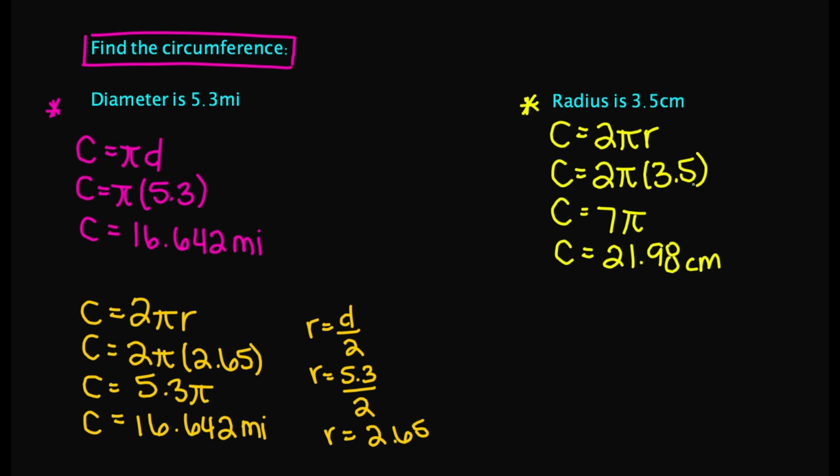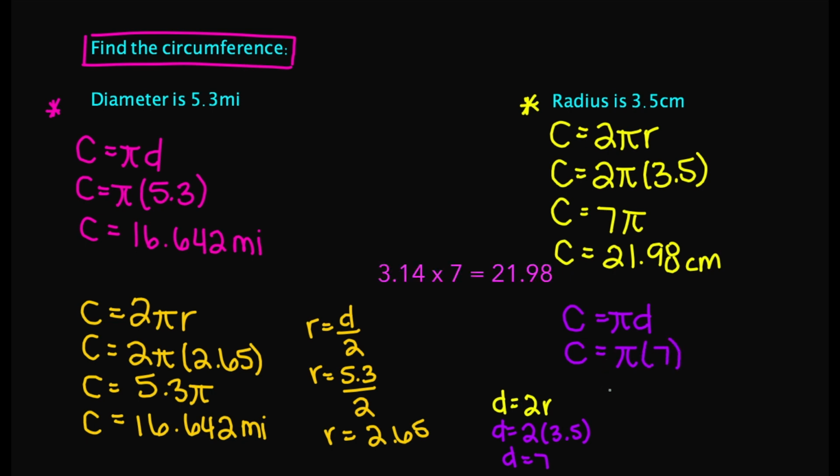And then let's say we wanted to find your diameter. My radius is 3.5. How do you find your diameter? Remember, your diameter is D equals 2r. So let's say we did C equals pi times D, C equals pi times your diameter. My radius is 3.5, so I'll use this formula here. D equals 2 times your radius, 3.5. 3.5 times 2 is going to equal 7, so my diameter is going to be 7. So 7 times pi is also going to give you approximately